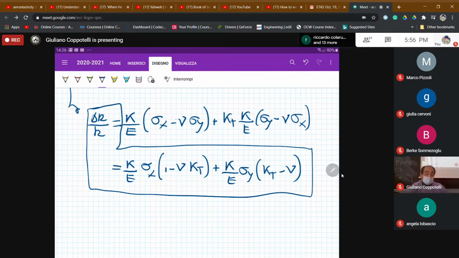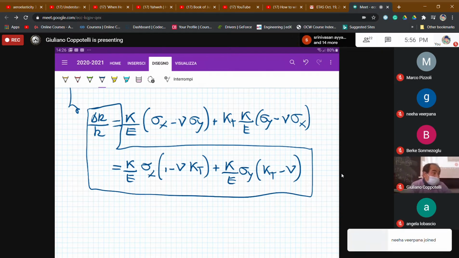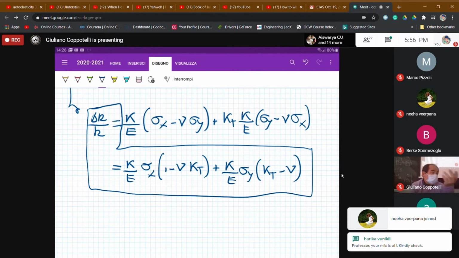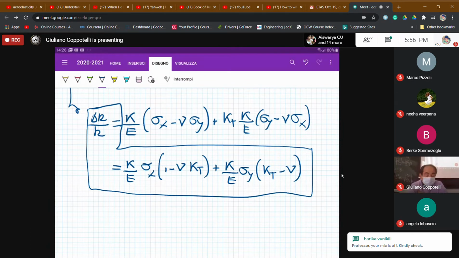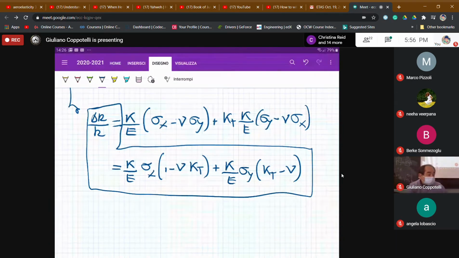that is giving me the information of the relative change of the resistance when we are operating in a plane stress condition, and we are having a change of the resistance of the strain gauge because the strain gauge is attached, bonded, to your structure. Now, because we would like to measure